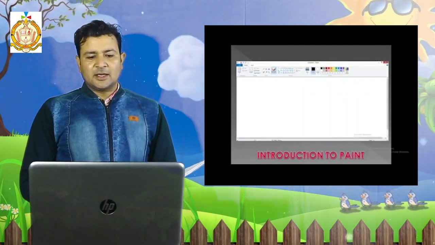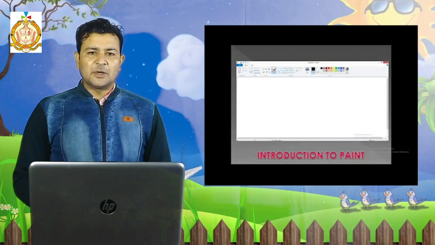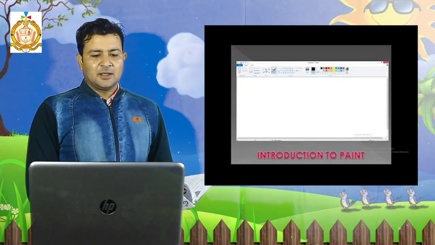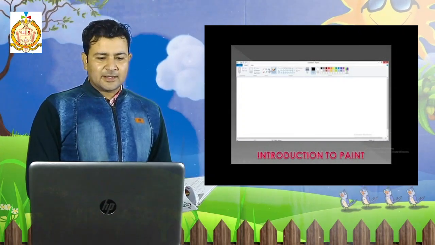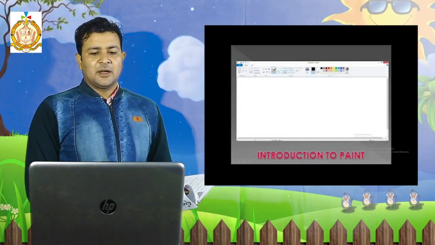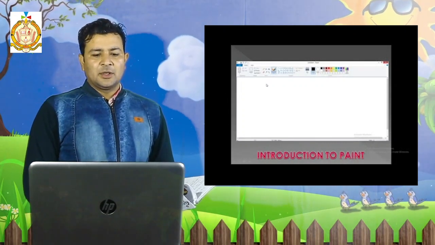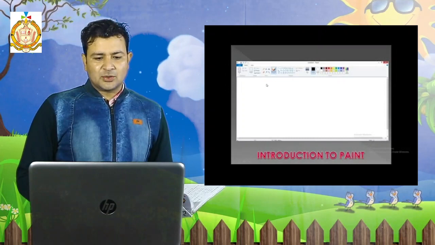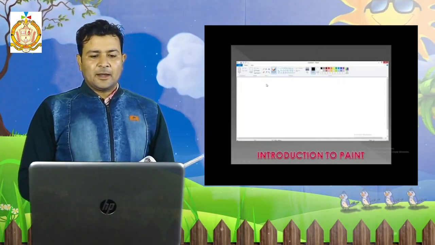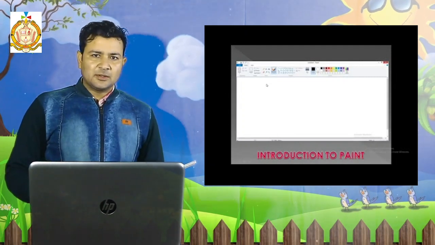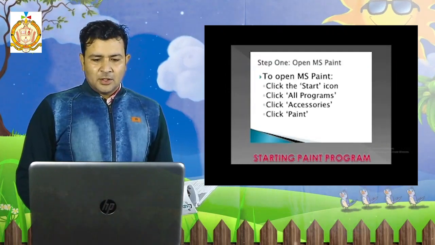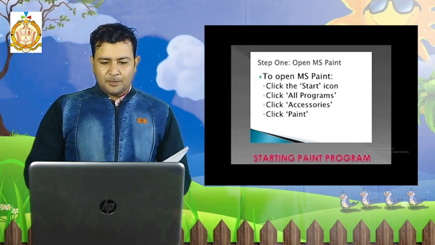Okay, like this screen you will get when you open it. This is actually the main screen of the Paint window. Here is the pencil, color, text for writing, razor, pen tool, zoom tool, brush and different shapes. With the help of these tools, we can draw anything. And if we want to put any shape, then with the help of these shapes we can put any shape.